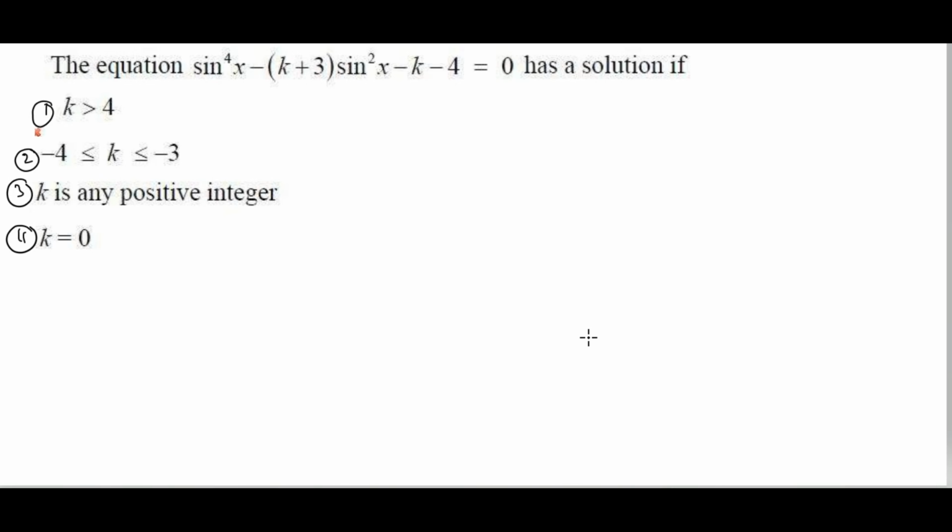The equation sin power 4x minus (k plus 3) into sin square x minus k minus 4 is equal to 0 has a solution. Here the first option is k greater than 4 and minus 4 less than or equal to k less than or equal to minus 3. And the third option k is any positive integer, and the fourth option k is equal to 0. Here a quadratic equation is given, that is sin power 4x